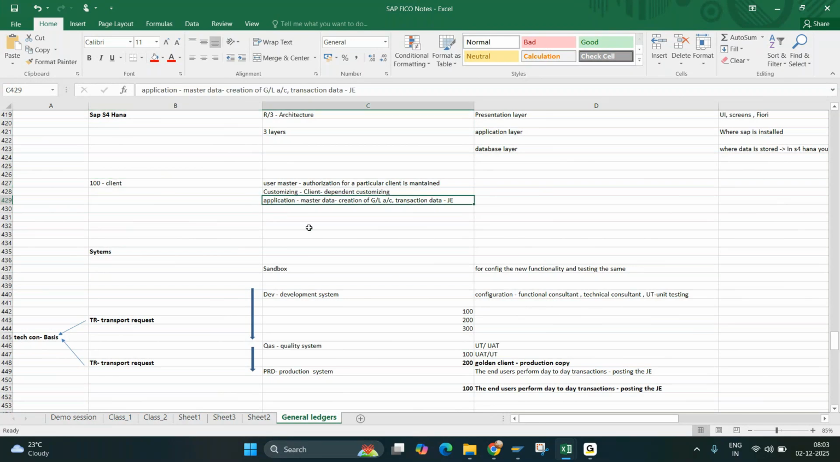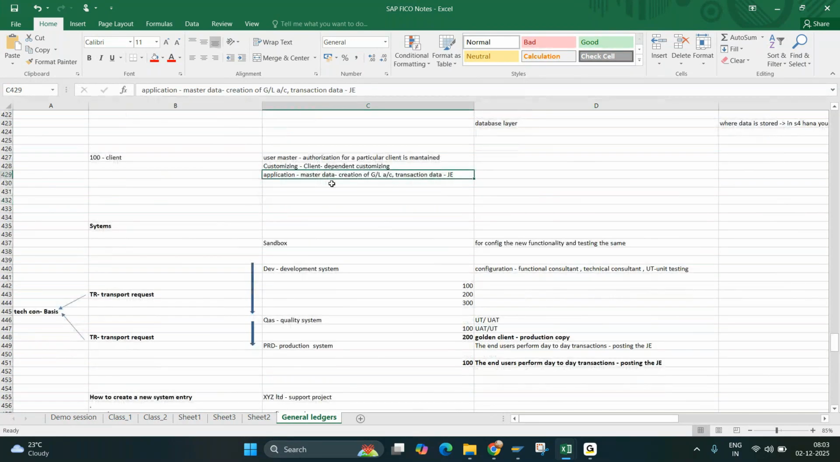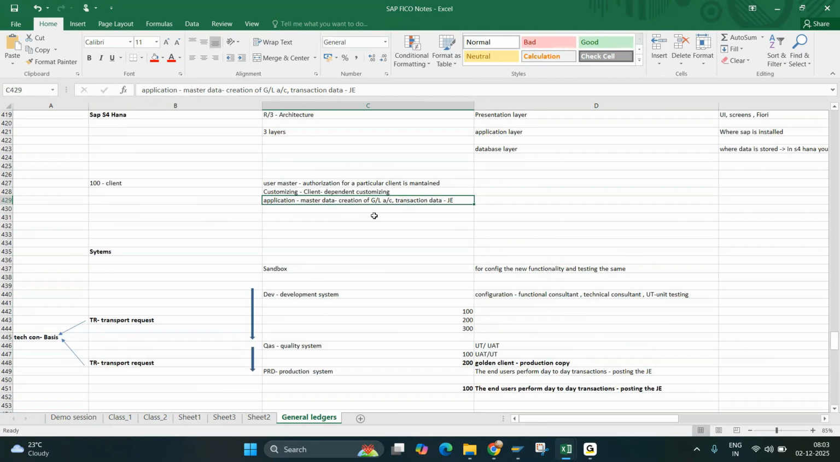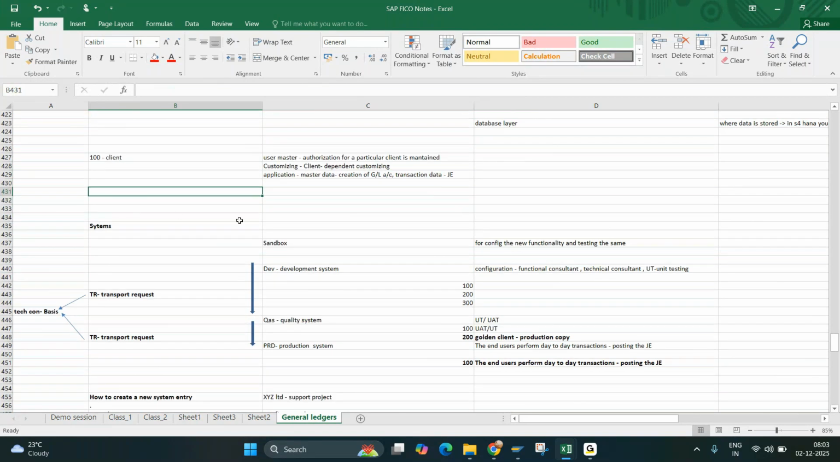And after that, you will have master data. Master data means creation of GL accounts, and then the transaction data. Master data and transaction data are also different from client to client. If you create a master data GL account in 100 client, you don't expect the same to be there in the 200 client, because you need to create it manually. So as we discussed,